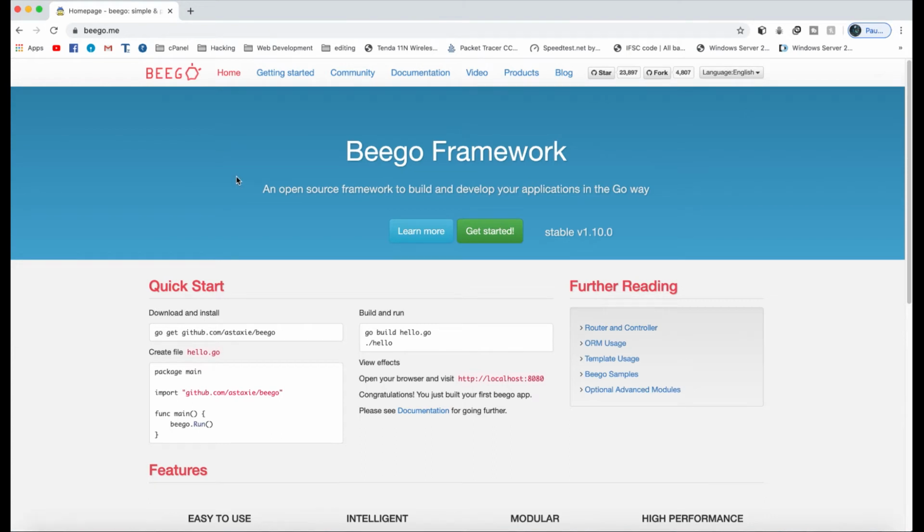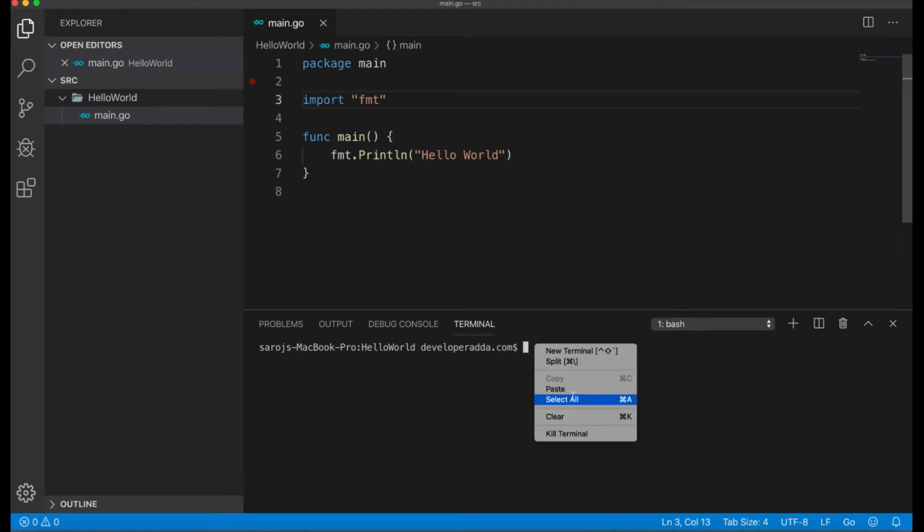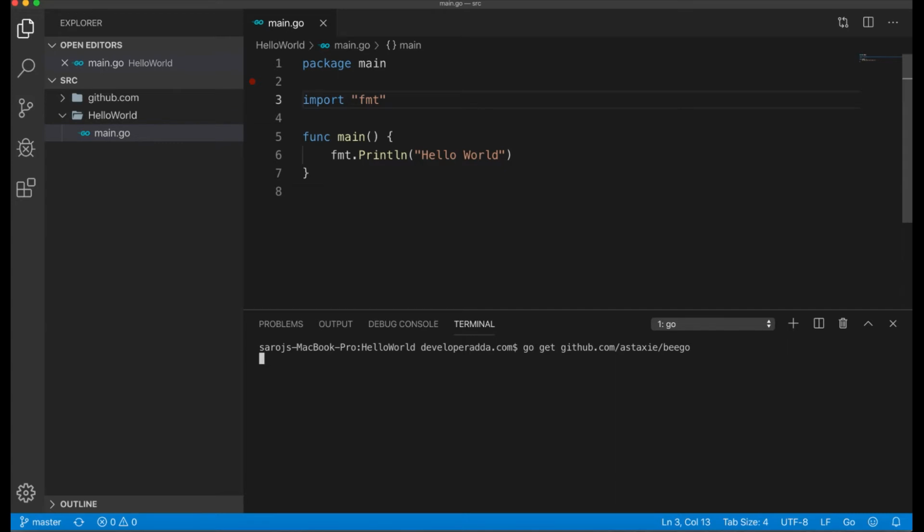So guys, let me show you one example. I want to download a framework called Beego for Go web development. So I'm writing go get beego. It will download the third-party library to my src folder.